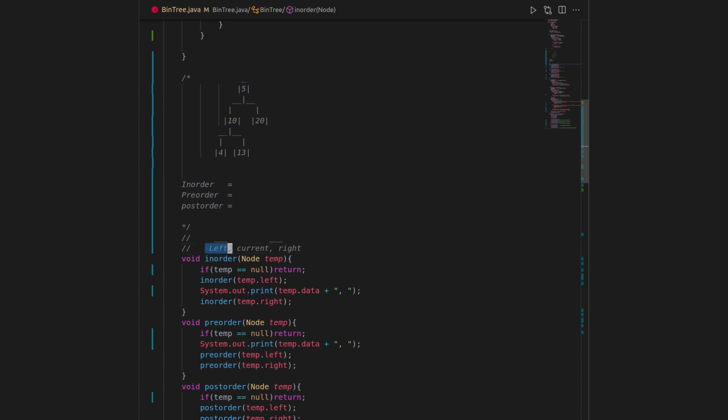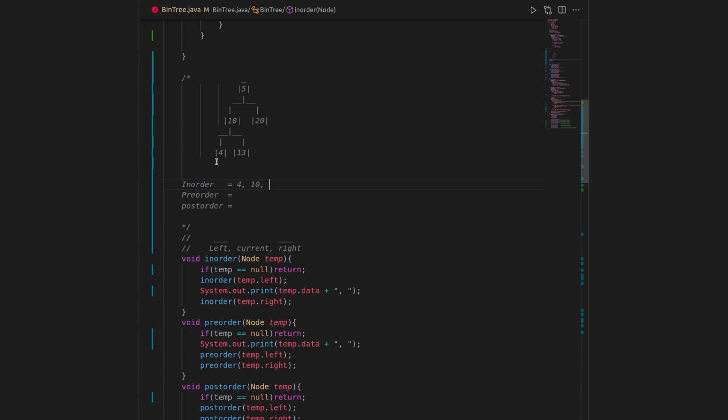We first executed the left child for 4 in the in-order traversal. Now we can print the value of current node, which is 4. Okay. Now we will execute the in-order traversal function on the right child of 4. But as the right child of 4 is null, it will just simply return from that. Okay. So now the in-order traversal of node 4 is done, which is the left child of 10, right? So this part of node 10 is over. So now we can print the value of the node 10.